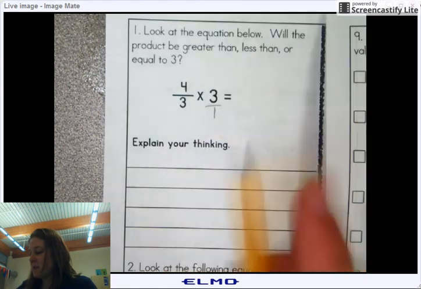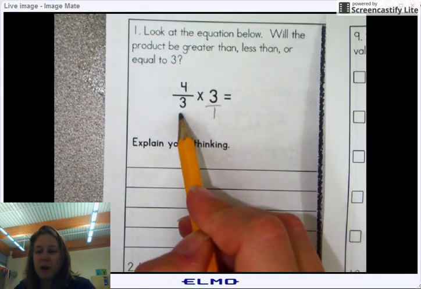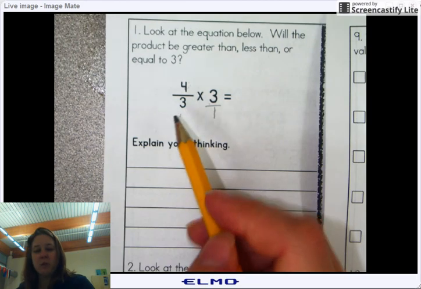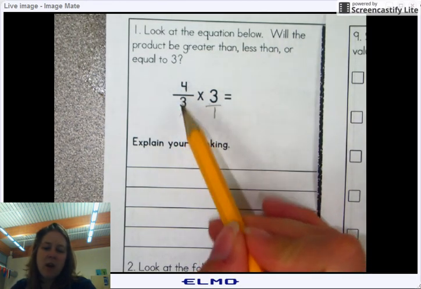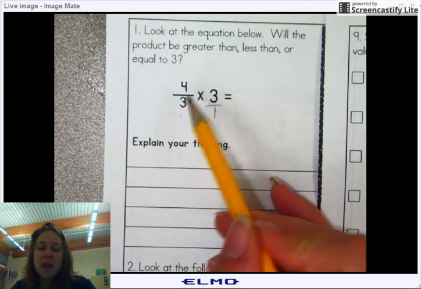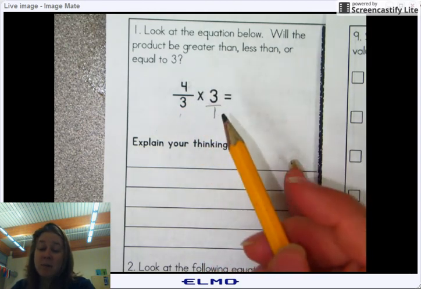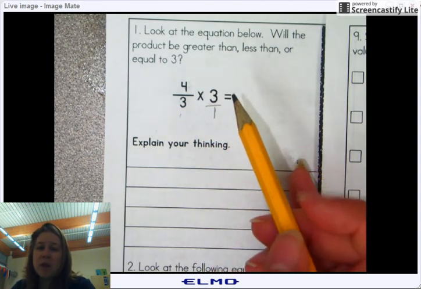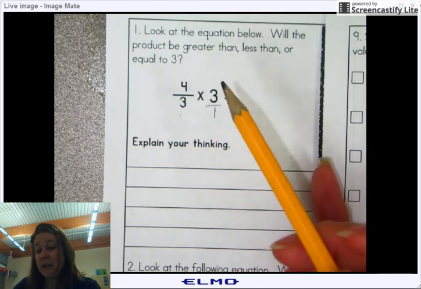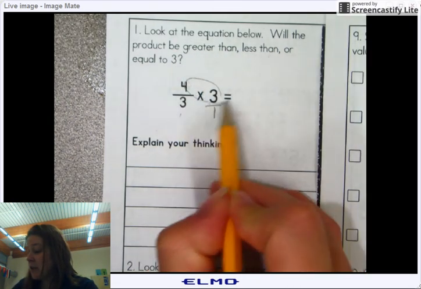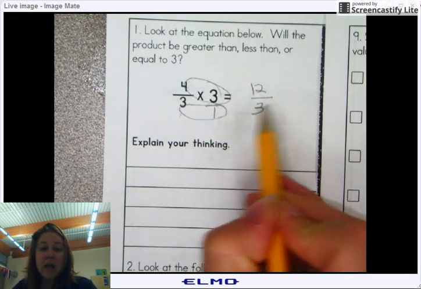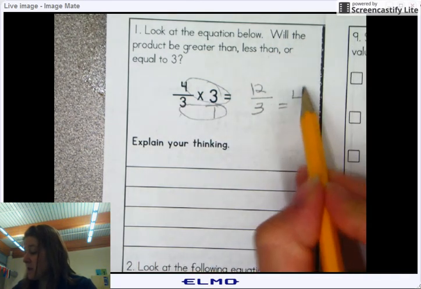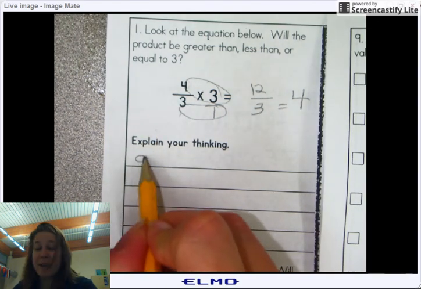If this was 2/3, you're taking a fraction of that whole, timesing it by a whole number, you're going to get smaller than that number. But when you're taking an improper fraction, this is already bigger than 1. Anything bigger than 1 times that number is going to be a bigger number. So if you multiply this, you're going to end up taking 12 and 3, and you're going to get 4. So this answer is going to be greater than,